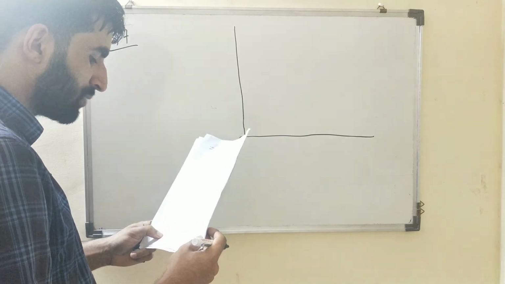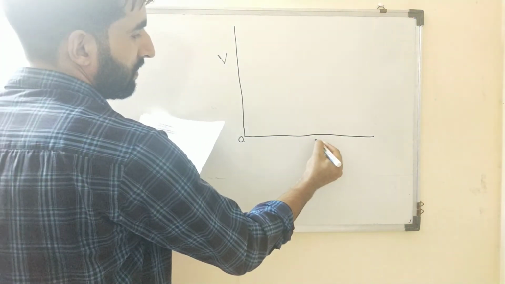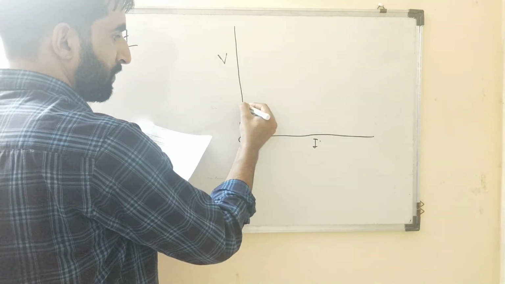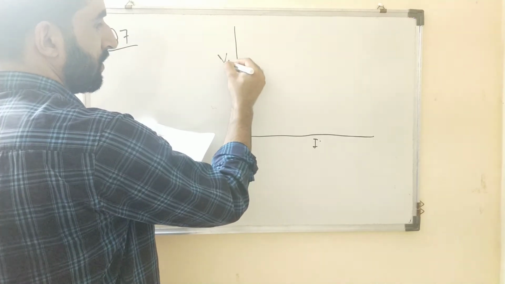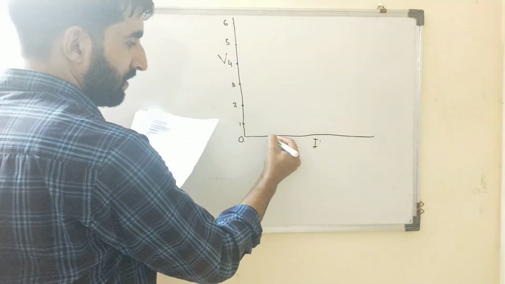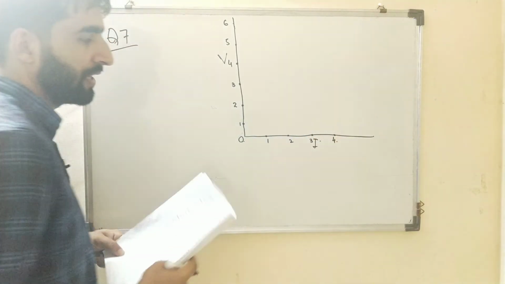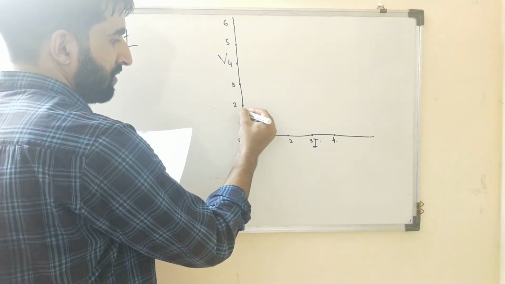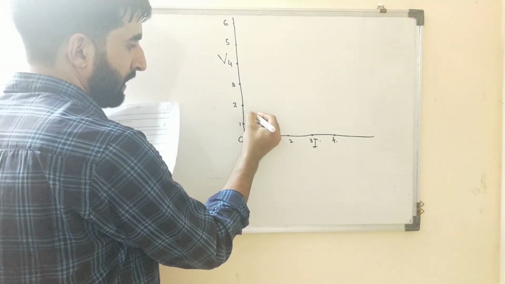पहले दिया है 1.6 वोल्ट, तो सो दिस विल बी वोल्टेज V, सो दिस विल बी करंट. सो वोल्टेज पहले कितना है 1.6. सपोज दिस इज 1, दिस इज सपोज 2, दिस इज सपोज 3, दिस इज 4, दिस इज 5, दिस इज 6. उसके बाद करंट सपोज दिया है दिस इज 1, दिस इज 2, दिस इज 3, दिस इज सपोज 4. सो यू कैन यूज अ ग्राफ पेपर हियर. तो वोल्टेज पहले कितना दिया है 1.6. सो 1.6 इधर आएगा, इस पॉइंट पे आएगा 1.6, लेकिन करंट जो है दैट इज 0.5. सो दिस विल बी इक्वल टू 0.5 हियर. सो पॉइंट विल बी हियर.